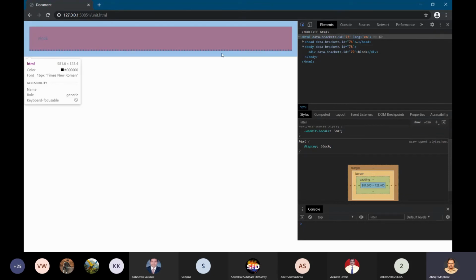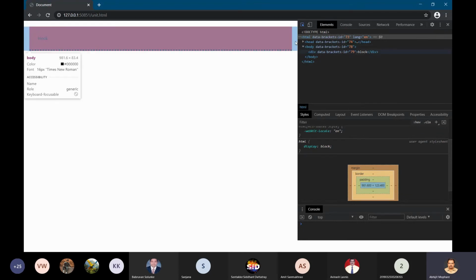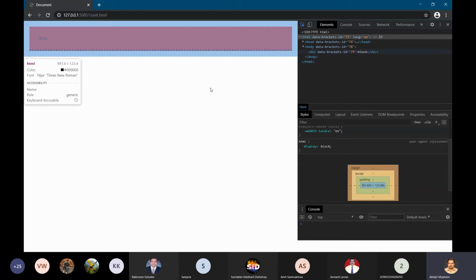This blue shade that you can see is the margin. Then this dotted line you are seeing is the border, and inside this border, whatever area you are seeing is what is called padding.